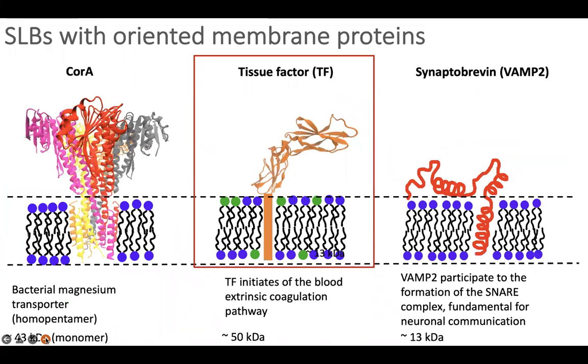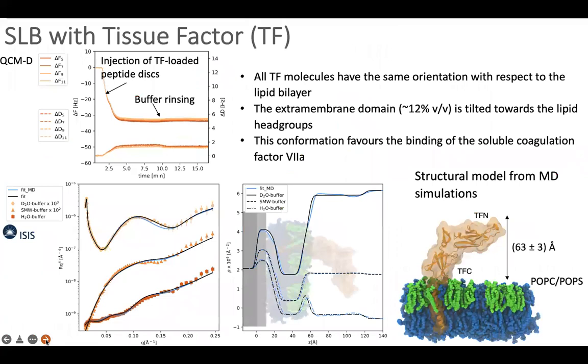Now moving to the second case, the case of tissue factor. The protocol was the same. So we started by preparing our TF-loaded peptide discs and by initially performing QCMD measurements. So once again, we started with a value of the calibration of the sensor corresponding to 0 up here, and then injected our peptide discs, and this time observed a final frequency shift value, which was about -35 Hertz, which